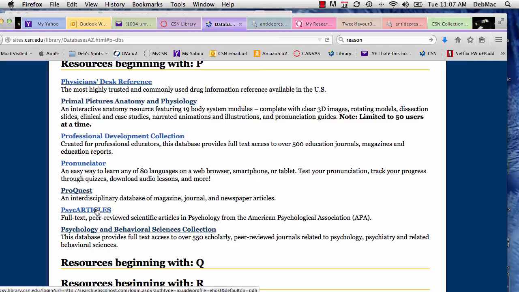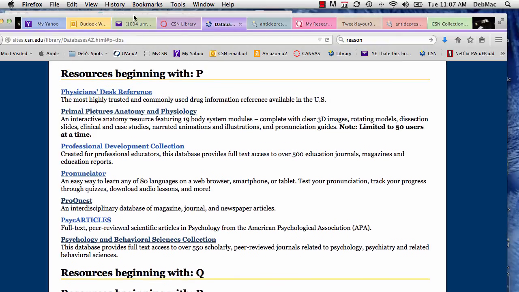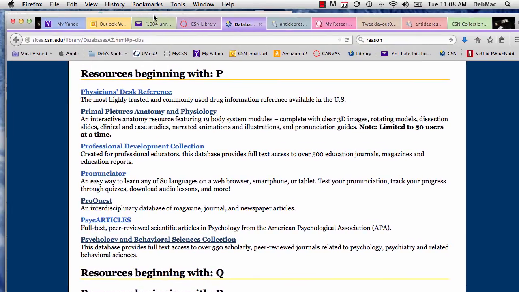So I might want to look into those 2 at some point to see what they have, because they're both databases with scholarly peer-reviewed journals, which are the best kinds of sources. Okay? So that's how you can look for specialized